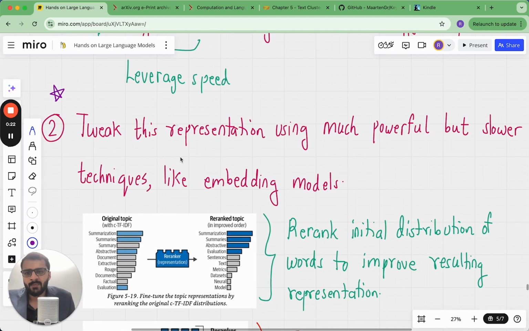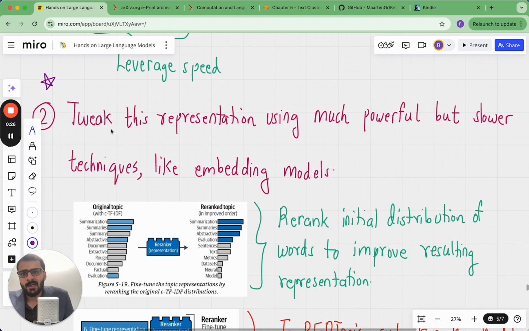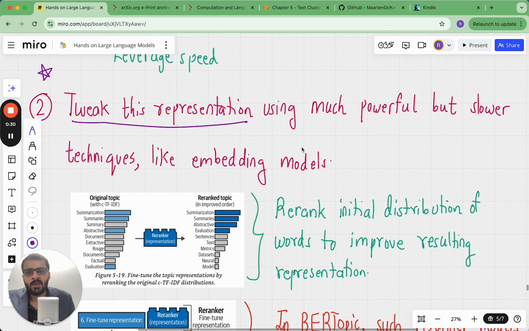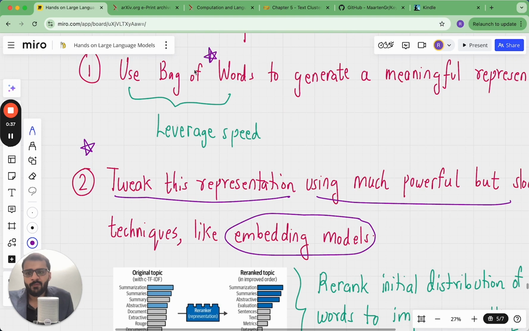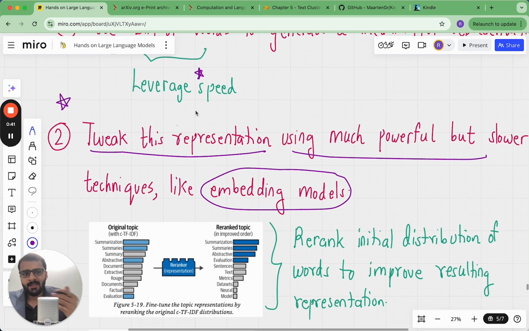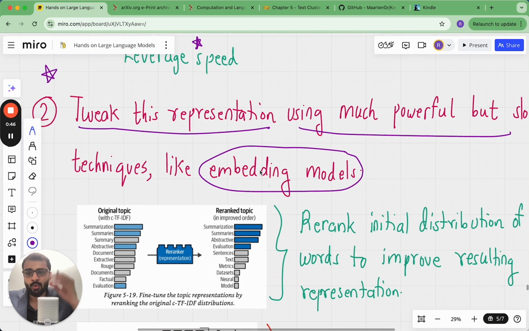We are going to look at the keywords which have been generated and tweak their representation or ordering using much more powerful techniques such as embedding models. Now the advantage of the bag of words approach is that it is a very fast method. So we will combine this fast method with powerful but slower methods such as embedding models